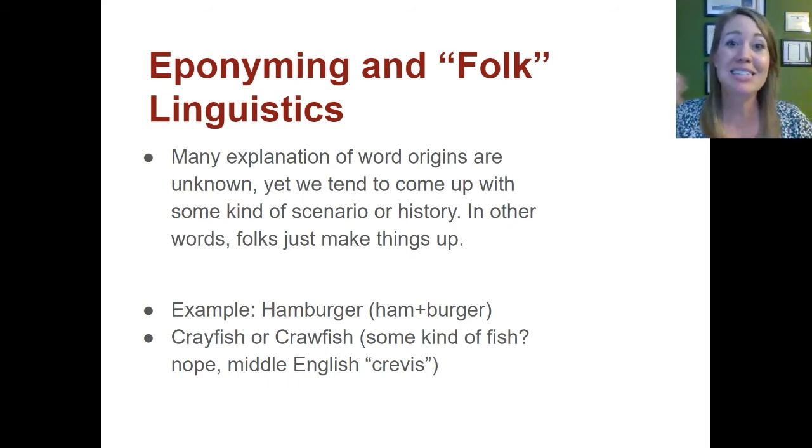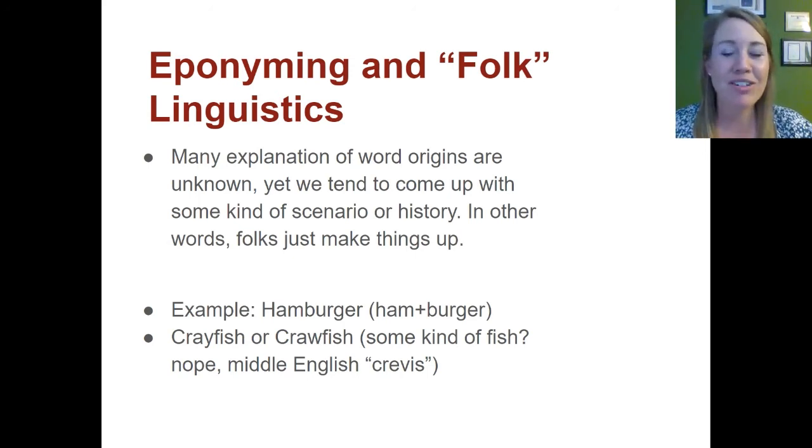So it's just a misconception, or basically something made up about the history of English, in this case, morphology with word formation. So believe it or not, hamburger is actually another example of eponyming. The guy, whoever invented it, was from a place named Hamburg, Germany. And so he invented this meal, and they named it after the people in this town. So if you were from Hamburg, then you were a hamburger. Okay, and so that's where that word came from.